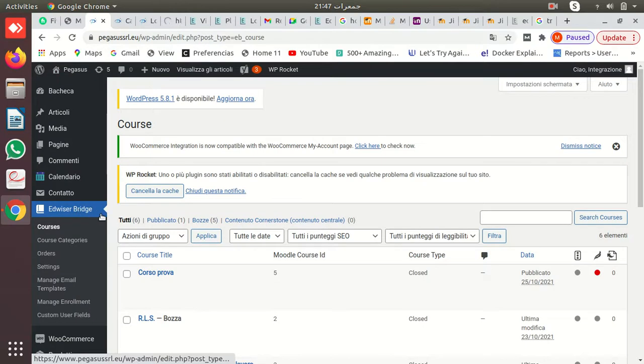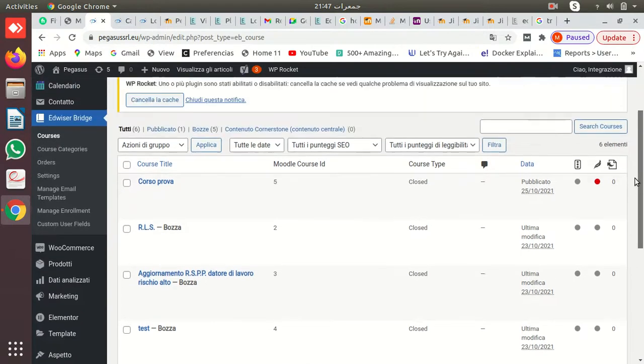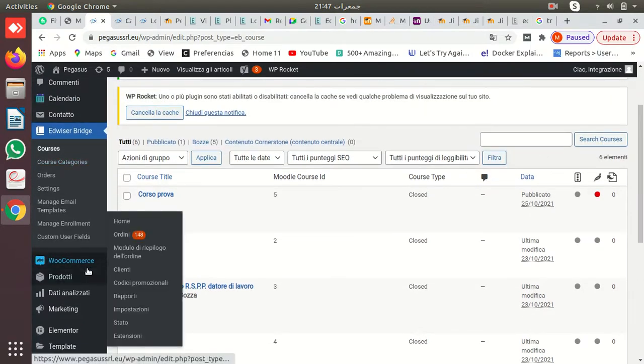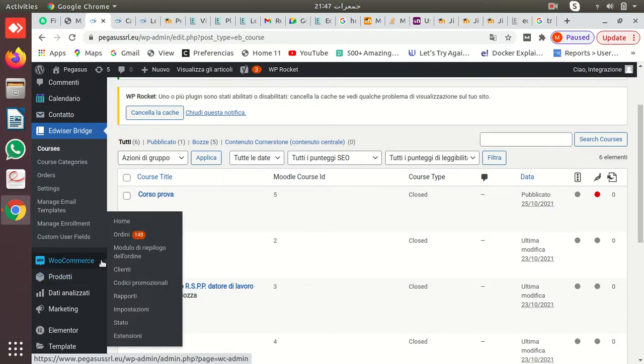Number one was the installation of Advisor Bridge and three to four plugins, such as bulk purchase of Advisor, then WooCommerce, then the WooCommerce integration. There are two different things, WooCommerce and the Advisor Bridge. WooCommerce integration sells courses as products. Advisor Bridge creates the courses, and WooCommerce creates products and then sells them.